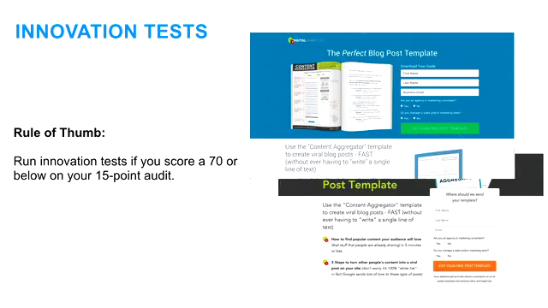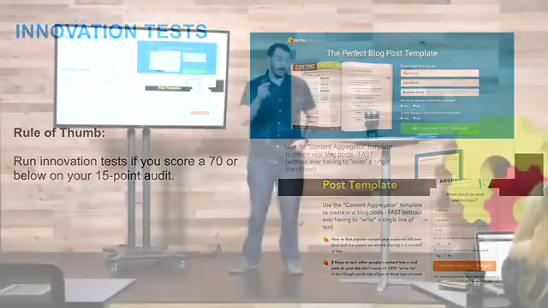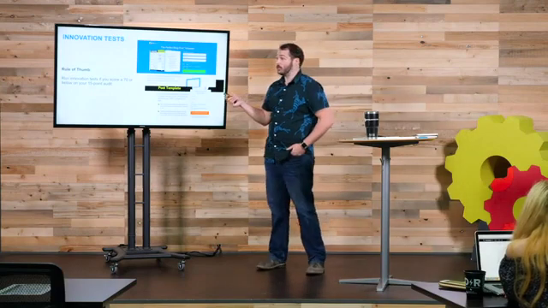Rule of thumb, though: run an innovation test if you likely score a 70 or below on your 15-point audit, especially on the visual hierarchy one. If the visual hierarchy is low on there, you're likely going to have to do one of these. And if you score low on visualization, those are the ones where you think, oh, I need to try something new,